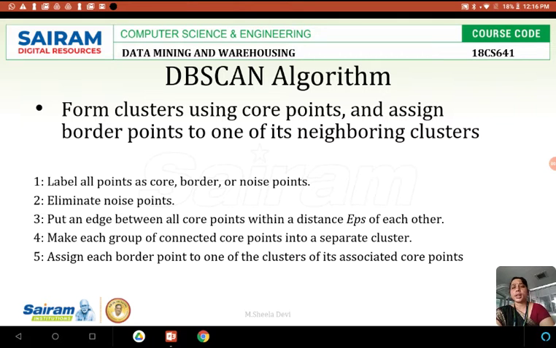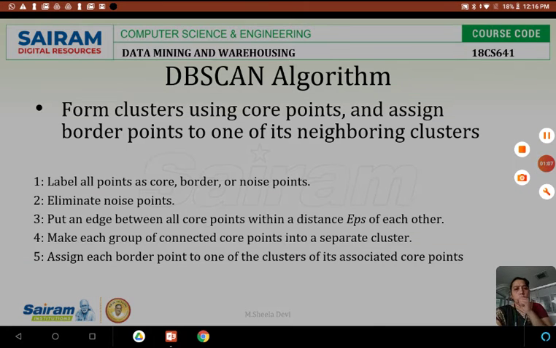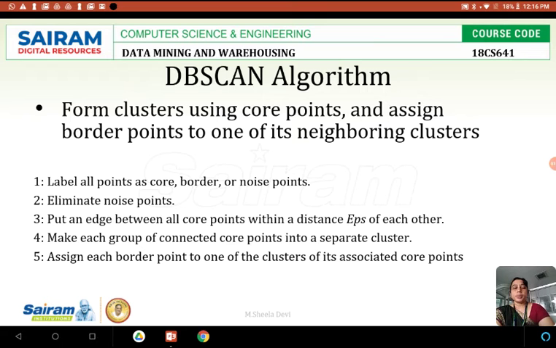So the steps are: label all the points as core, border or noise points. Eliminate noise points. Put an edge between all core points within a distance epsilon of each other. The fourth step is make each group of connected core points into a separate cluster.